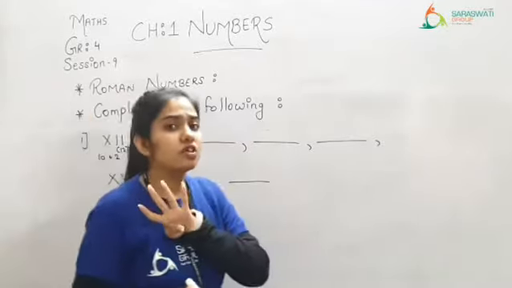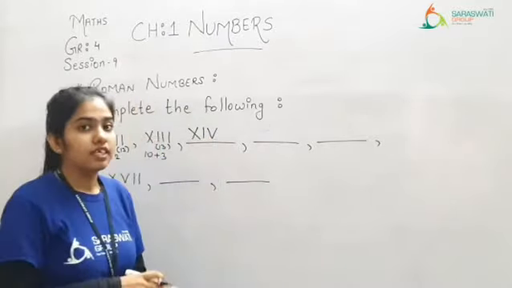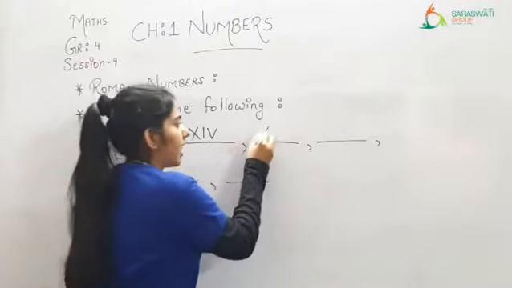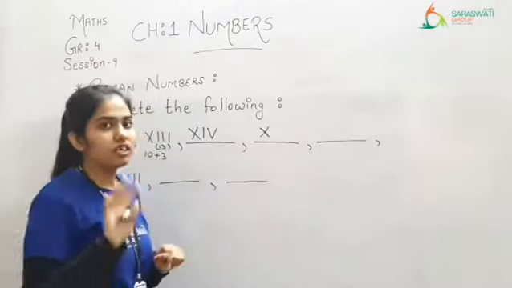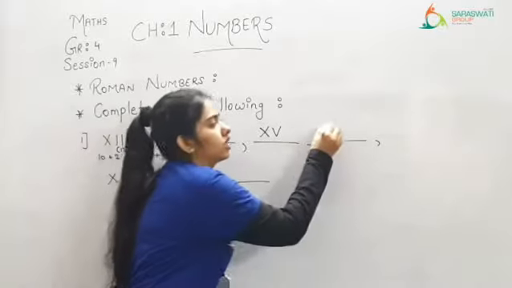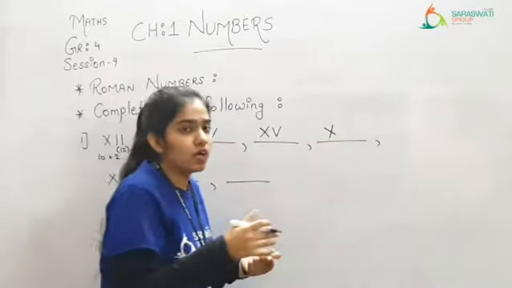What is the value of 4? That is IV, so XIV. Now 15. For 15, at the tens place X, and what is the value of 5? It is V, so XV. Now 16, at the tens place X, and 16 is 5 plus 1, so V